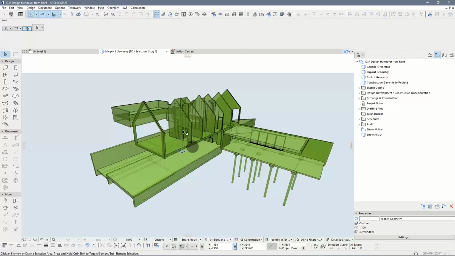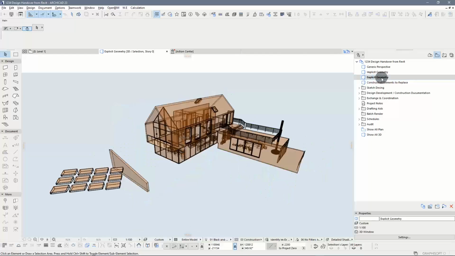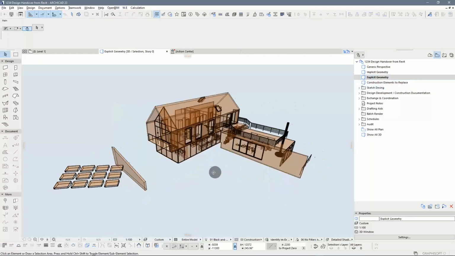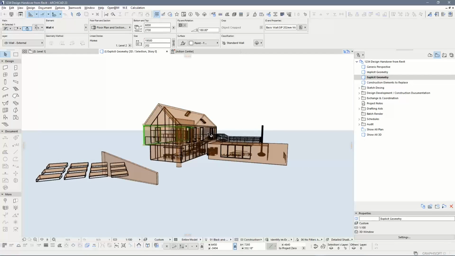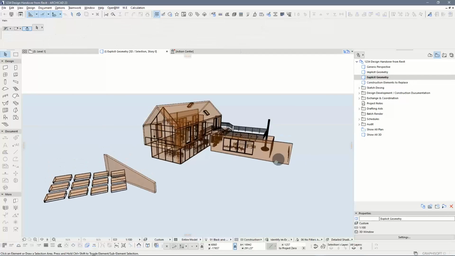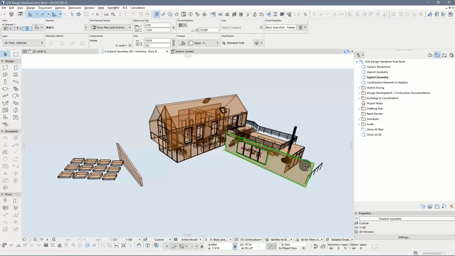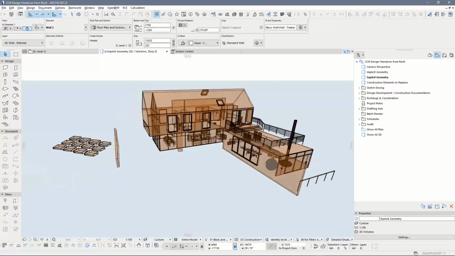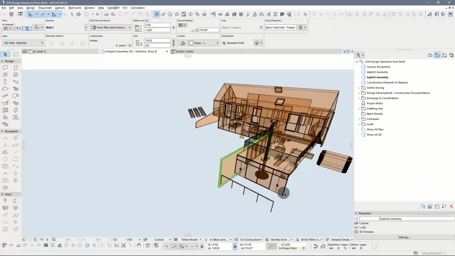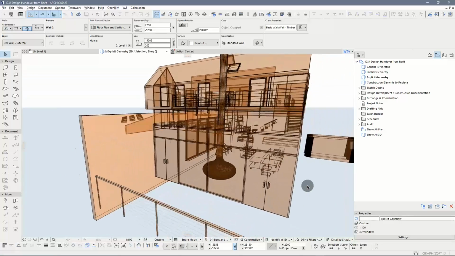One thing that didn't come through though, and I'll show you that here in the explicit geometry filter that I've got here, is the roof and walls on the sides that I was already aware of. This wall in here that somehow doesn't want to come through as a profile in the IFC. But also, and this is quite interesting, and this is something that